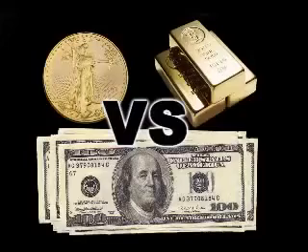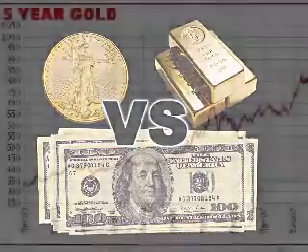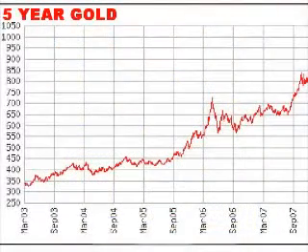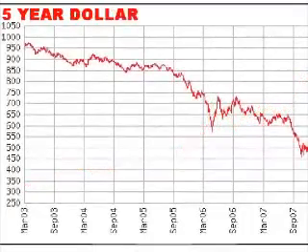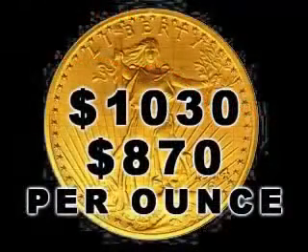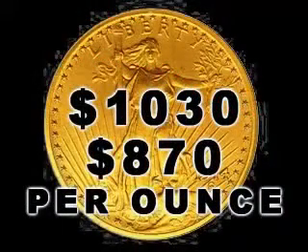What is important is to visually see the devaluation of the US dollar since we were taken off the gold standard. Keep in mind the price of gold really doesn't go up or move, it has historical value. It is extremely consistent. So instead of seeing this as the price of gold going up, you need to see this as the value of the dollar dropping like a rock. The price of gold has been flying right now. It has recently been as high as $1,030 an ounce all the way down to $870 an ounce.